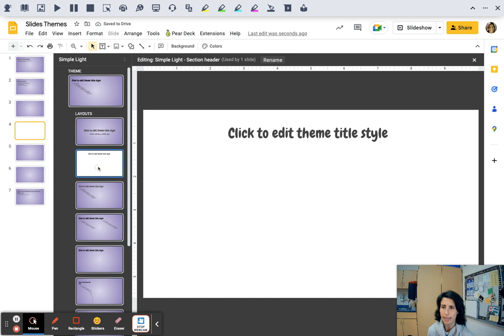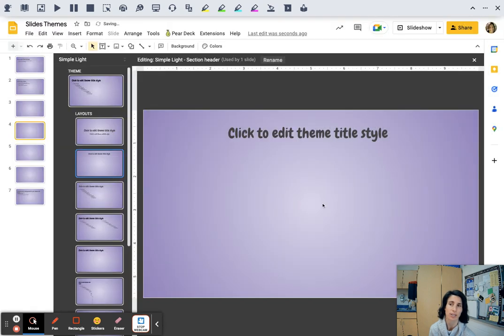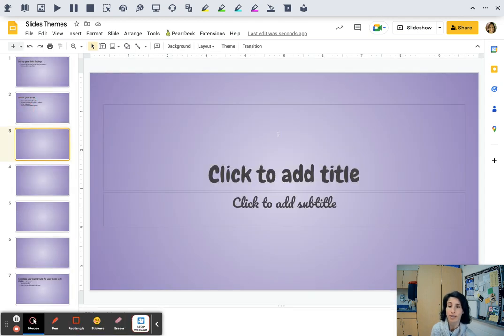Now, I mistakenly had customized this background. So it's kind of nice that I did this because I can say reset to theme. So you can see if there's one that's isolated, maybe you set it different than everything else. Look what happened. All of my slides over here turned purple. Okay, well, you might not want everyone to be purple. So go back over here and say, well, this one was my big title slide. That's my title slide. This one was